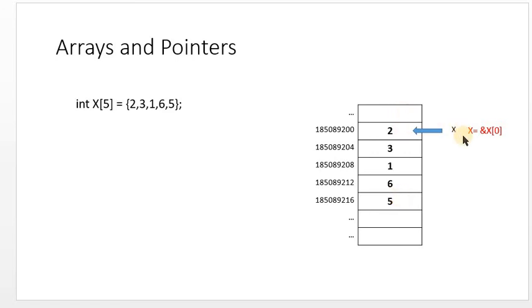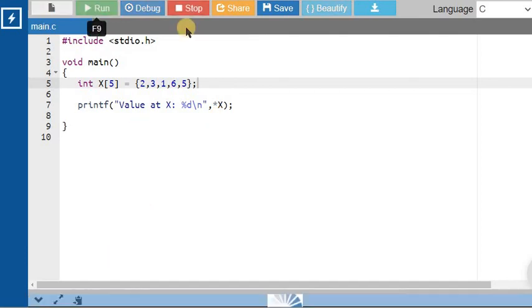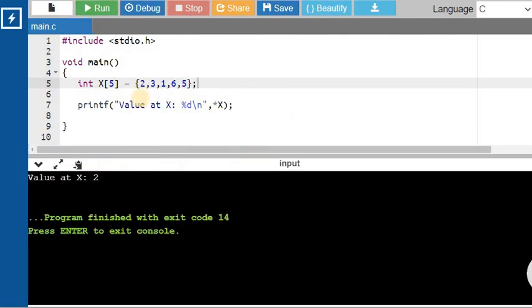So the name of the array acts as a pointer to the contents of this array. Let us consider this concept to write a simple C program that uses the name of the array to access the different elements of the array with the concept of pointers. So here I have my array X consisting of 5 elements. The name of the array X can be thought of as a pointer to the first element in the array. I can access the first element in the array as *X. So I'll run this program. The value of X is 2. So X points to the first element of the array, therefore *X gives me the value 2.